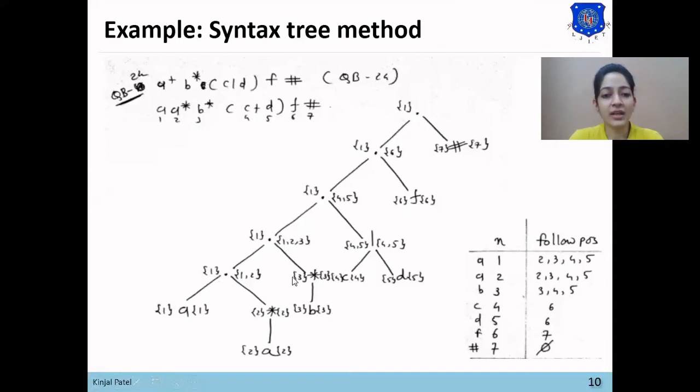So B star is also nullable. So last position of dot will be 1, 2 union 3, that is 1, 2, 3. Now, same way we'll check for this third dot. The C2 child of this dot is C or D. Here, as C or D, one input symbol is compulsory. So this tree does not generate the nullable string. So last position of this dot node will be last position of its child, C2. Here the last position of this OR node is 4, 5. So 4, 5 will be added in the last position of dot.